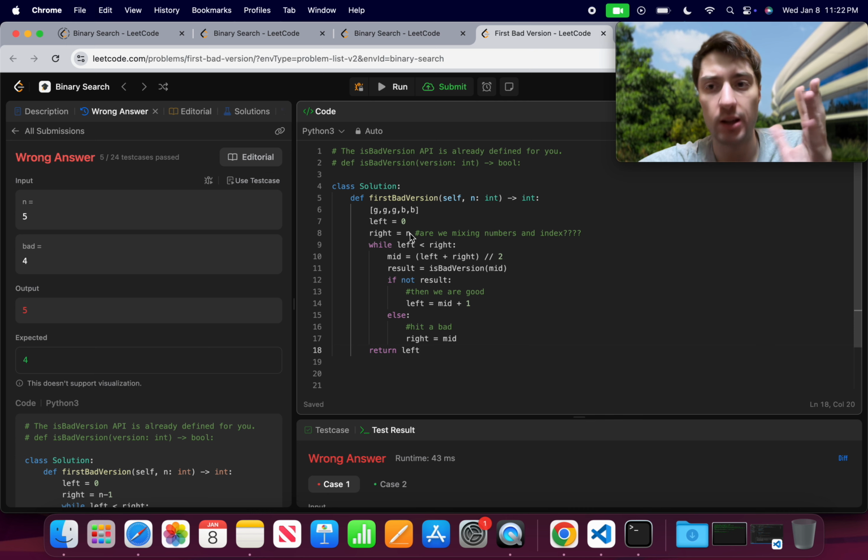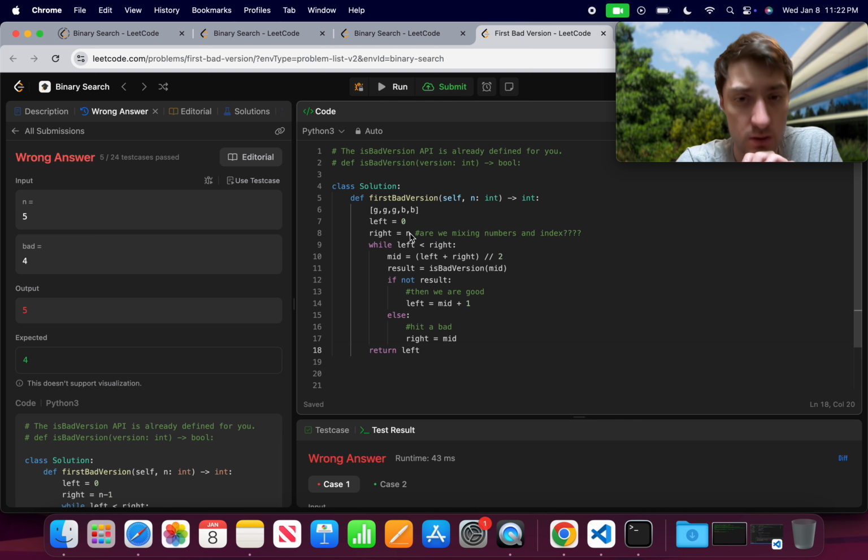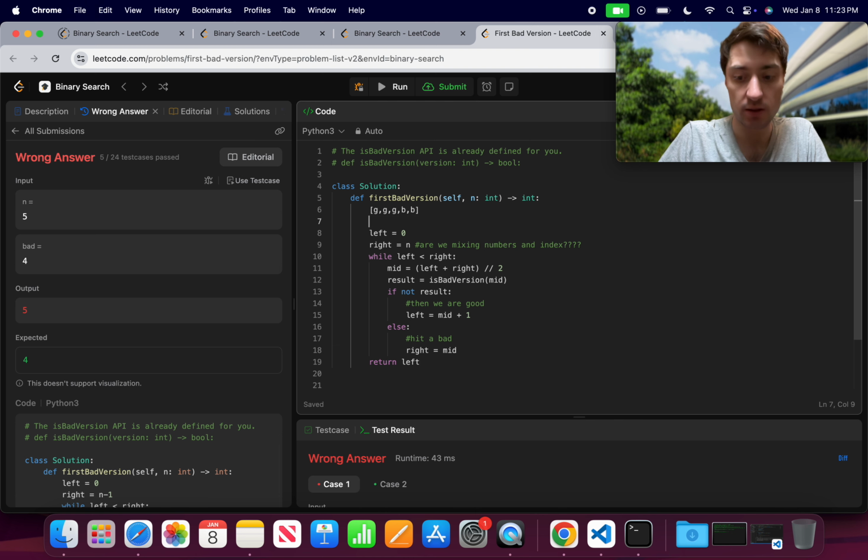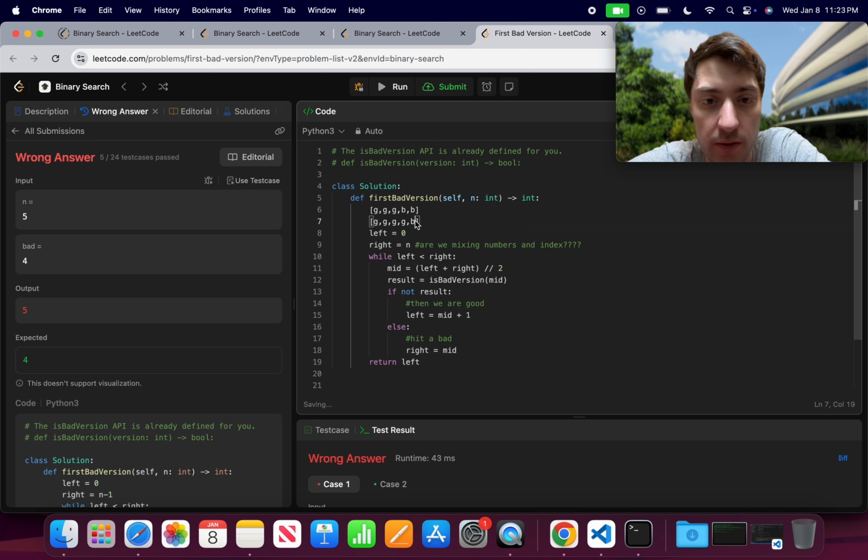My logic right now is I'm saying 5 is a valid solution for this problem. For example, I could have something like good, good, bad, where this is 5. And so I want right to include this value. And right does not actually mean